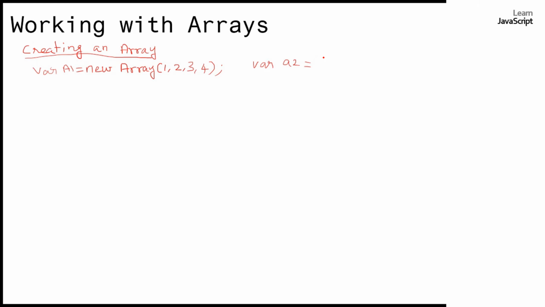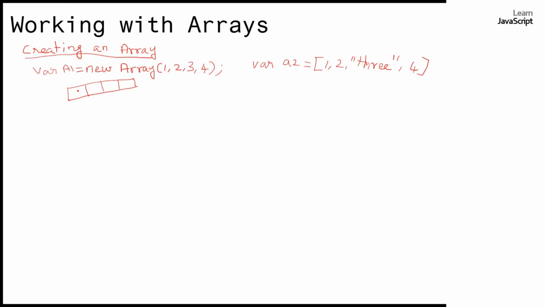So here we are not using the new keyword, and if you see, I can keep 1, 2, 3, 4, and you can see how, since JavaScript is typeless, here we are mixing the elements. So first I put 1, 2, then within double quote I specified a string, then I specified 4. If you see here, since we created 4 elements, we have an array with 4 elements,